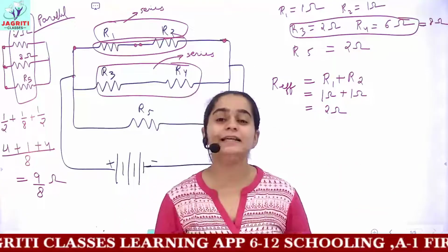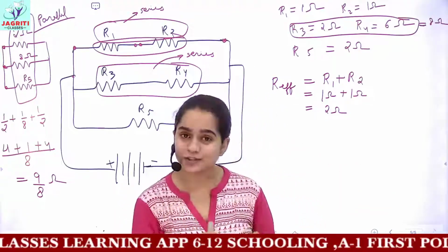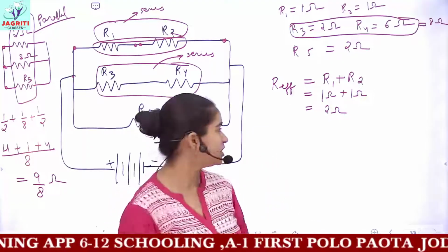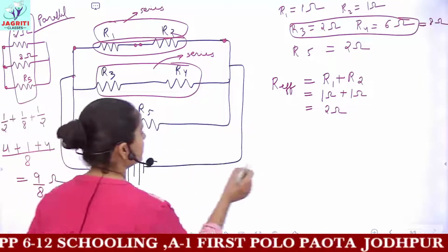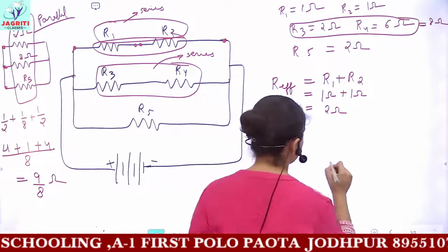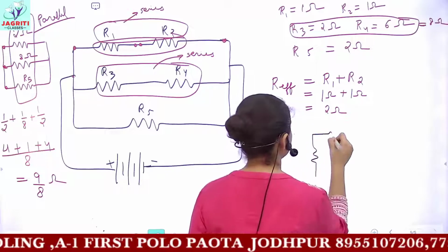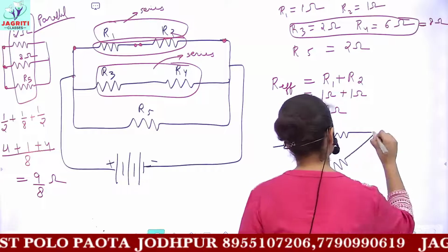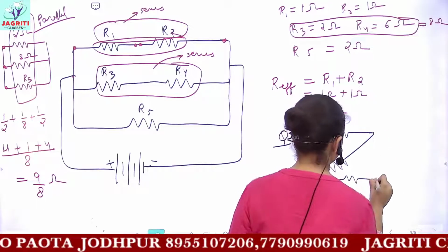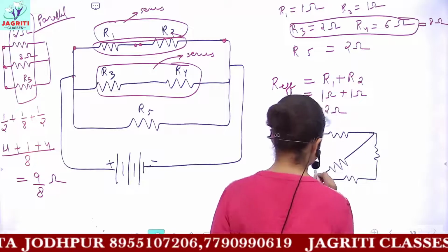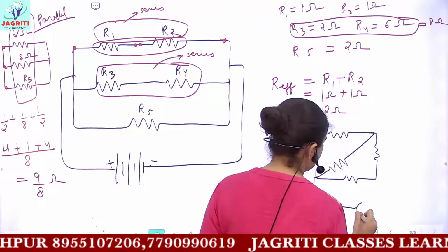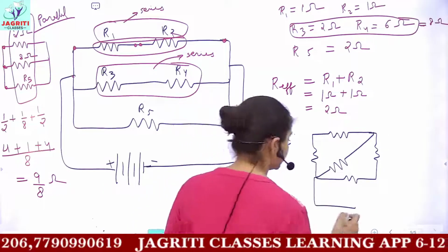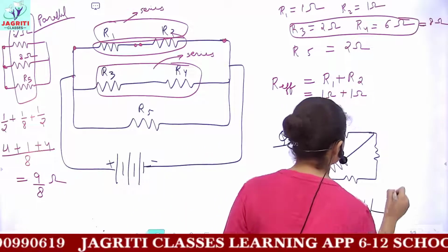These are very easy. There are some of the questions given as in-text questions. Then you have 1 to 2 solved examples based on this type of combination question. And for you, one question I will be giving. Find the effective resistance of this combination. Okay, here you have the battery. And now you have to find the effective resistance for this combination.